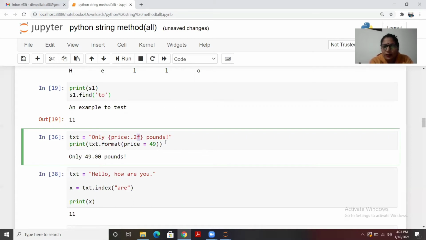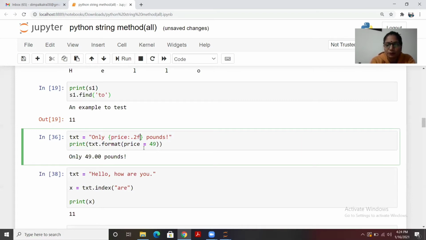So in case you run this, it will be giving 49 pounds because I have put pounds here. And the price, what will be the price? I have given the price value as 49. So 49 is this, and I need it at 2 places after the decimal. So it has given me 2 decimals, 0 after the decimal value.